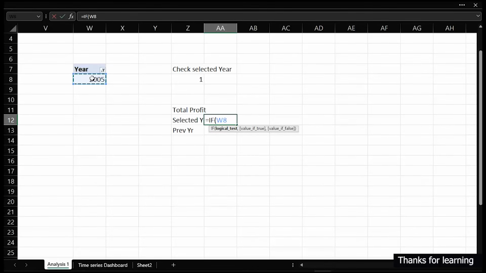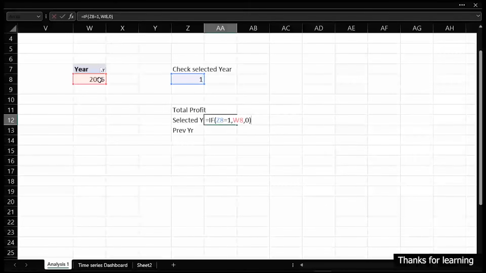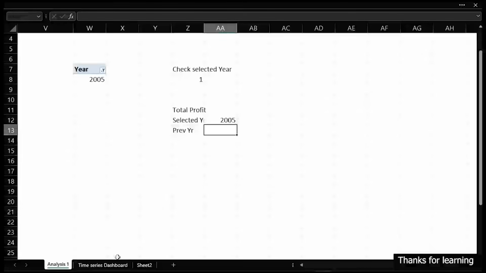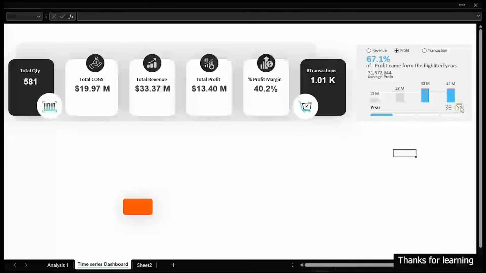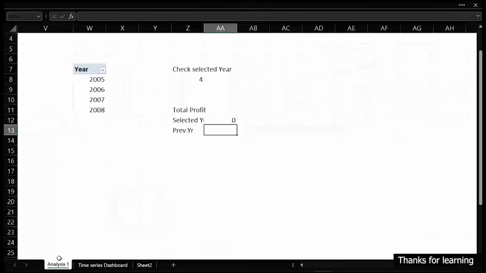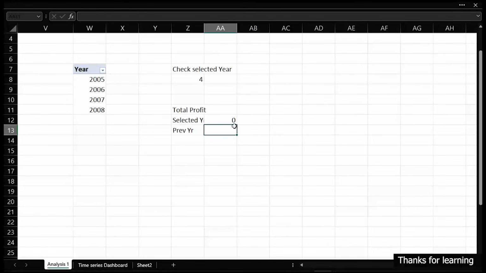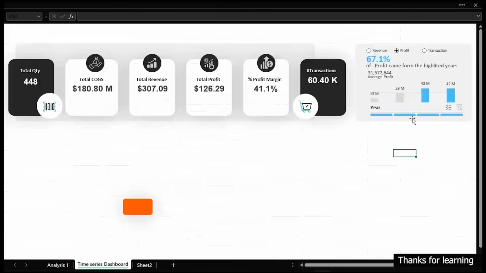one here is equal to 1, then what I want to do is return this, otherwise give me 0. So that happens. Let's go here and clear the filter away from here. Then we go back here, so we have 0. So I'm going to go back and choose another year. Then we come back here. Now we have